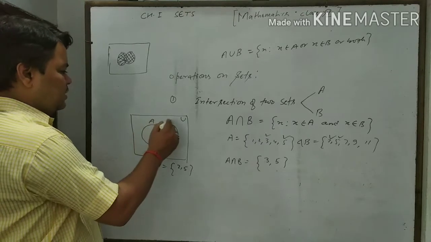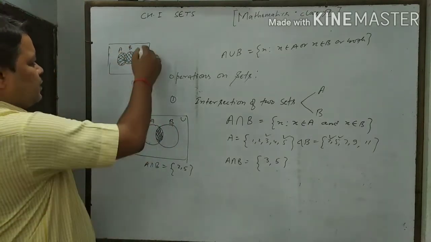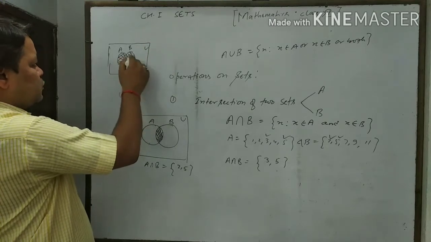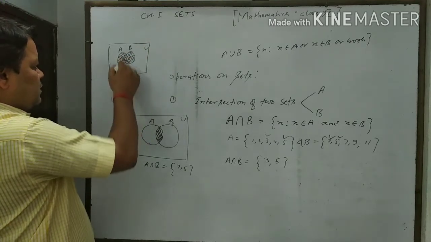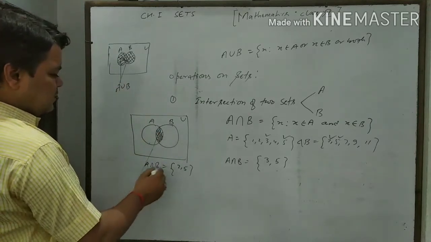Let this be A and this be B. So this total represents A union B, and this part represents A intersection